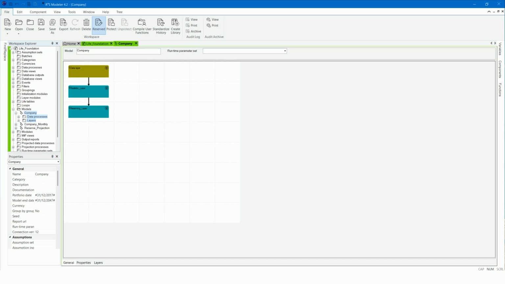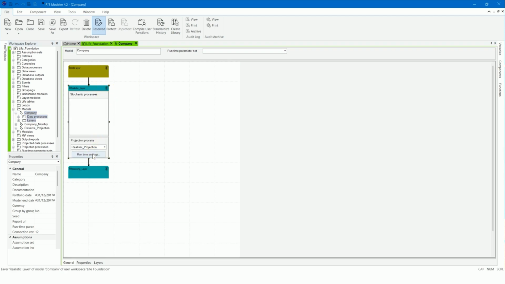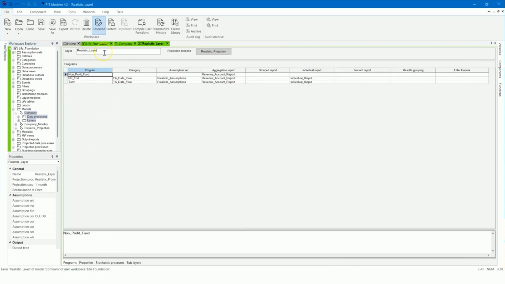In our model, we will define the External Assumptions Connection String property within the realistic layer. Open the runtime settings within the realistic layer, then select the layer name to display its properties.